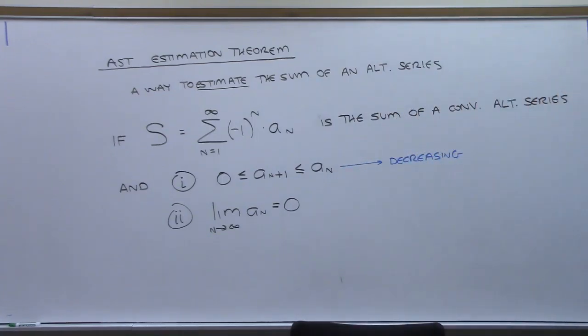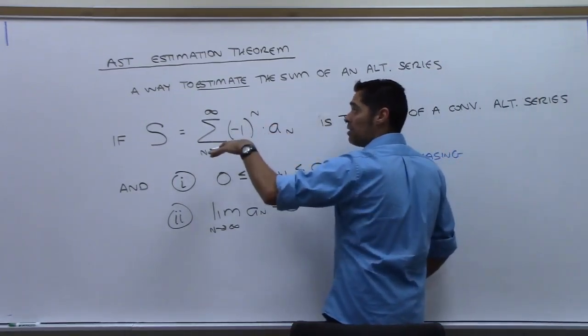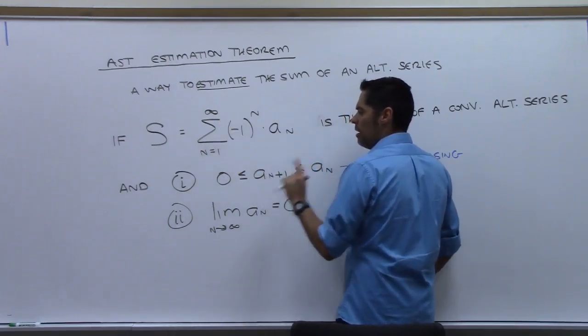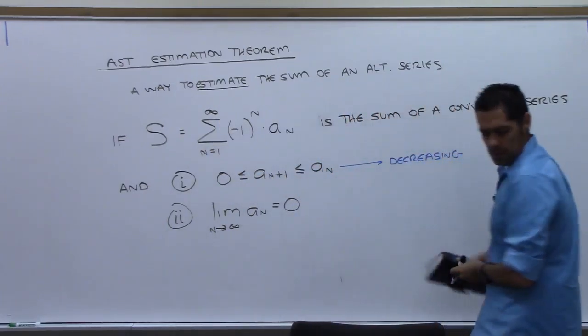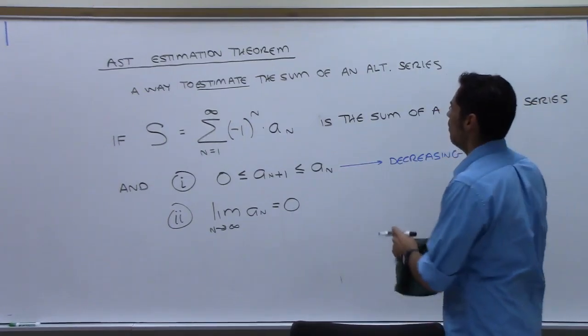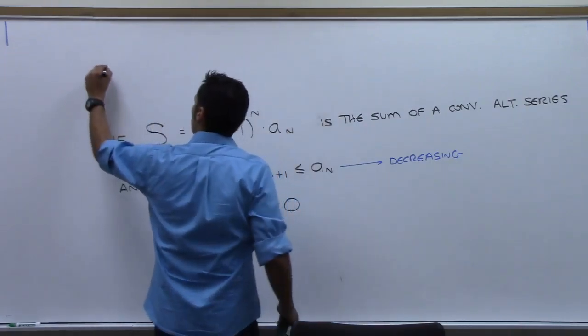Aren't those exactly the conditions for the alternating series test? Okay, so if we have an alternating series that converges, which means those two have to be true, then here's the conclusion, all right? I want to write it up here. Then